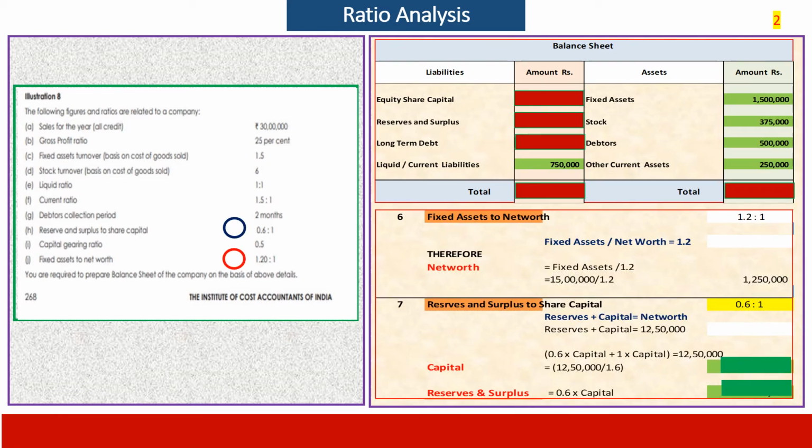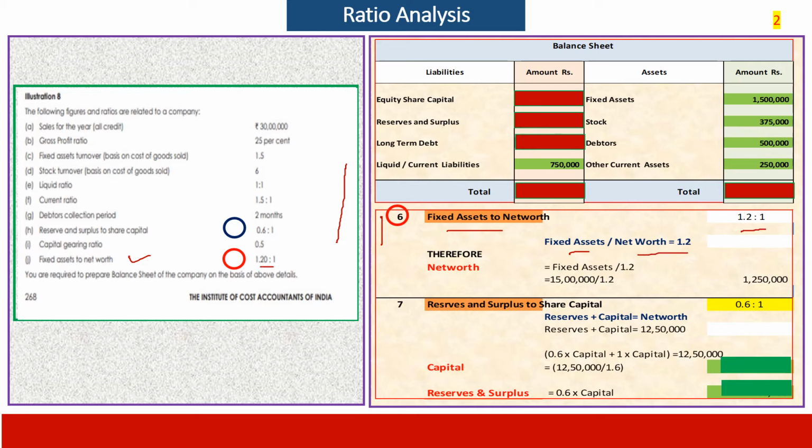Let us get now next item. Why are we taking fixed assets to net worth, though serially it is given differently? We are not concerned with in what seriatim the items are given. We go by our thought process and our working style and our comfort. At this stage, we feel fixed assets could be an easy item to calculate and work on. What is fixed assets to net worth? Fixed assets divided by net worth. What is the answer? It is 1.2. Okay, 1.2 is to 1.